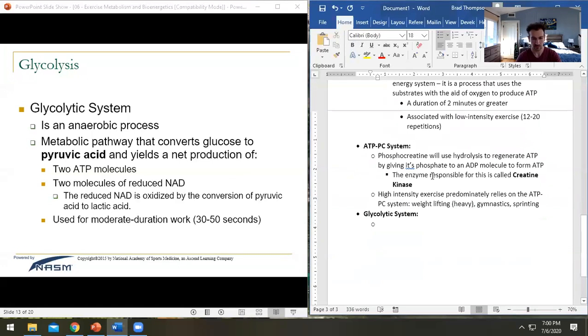I'm just going to rewrite this slightly: this is the metabolic process that converts glucose into pyruvic acid or pyruvates and ATP, right? So one molecule of glucose will net 2